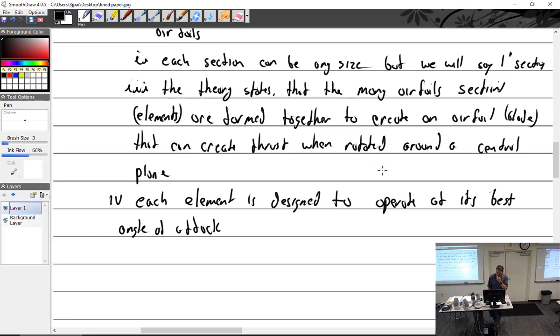To operate at its best angle of attack. So we've got angle of attack, right? It's the way the wind is hitting the chord line. Angle of attack. Since each section